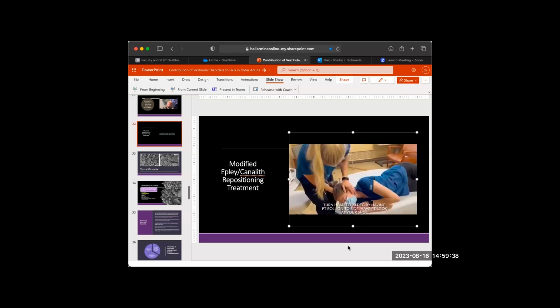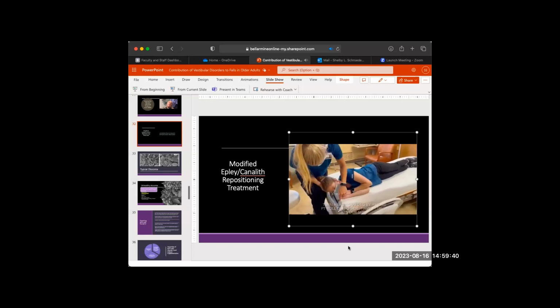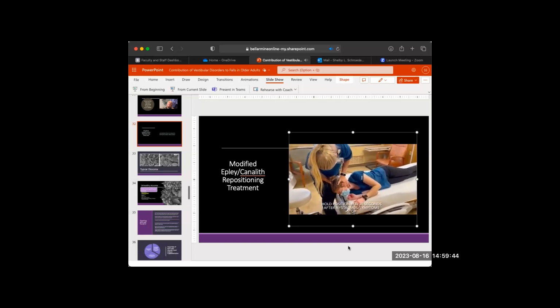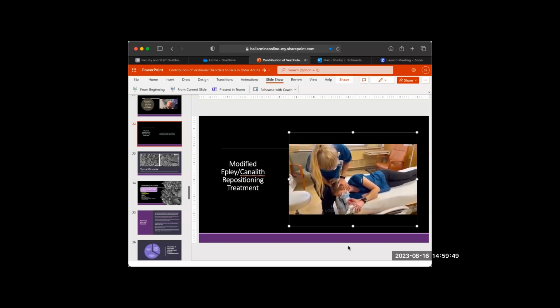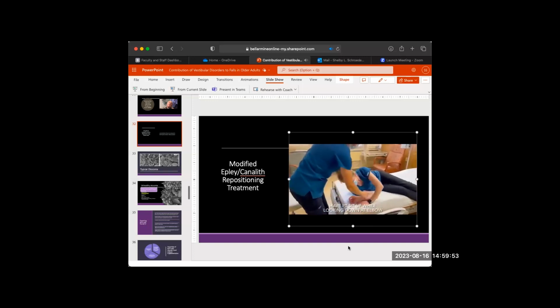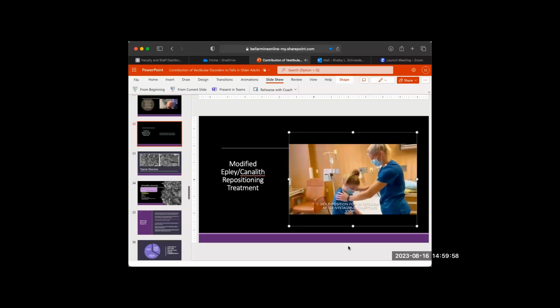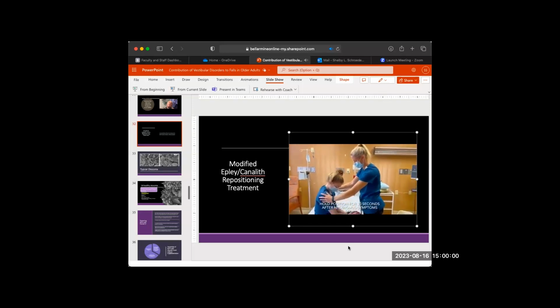Now we have them roll, tuck their chin and roll and look down at the floor. Down at my shoe is what I usually say. Turn their head a little bit more. They hold each of these positions for 30 seconds, for about a minute. So 30 seconds after their symptoms subside. And then they sit up and they look down at their elbow.